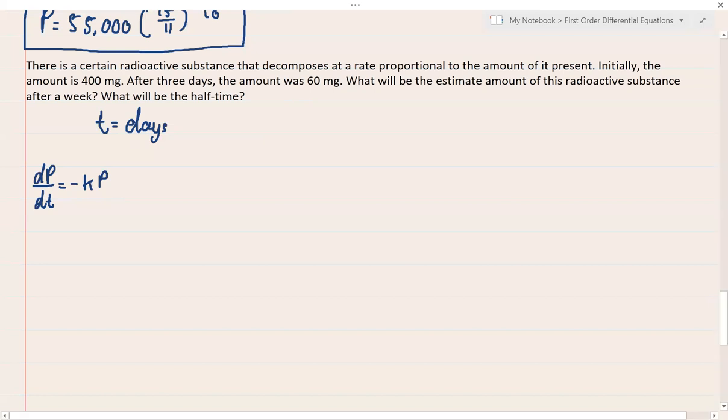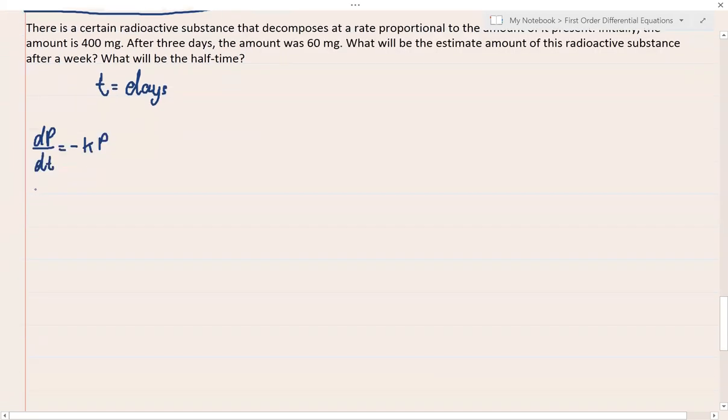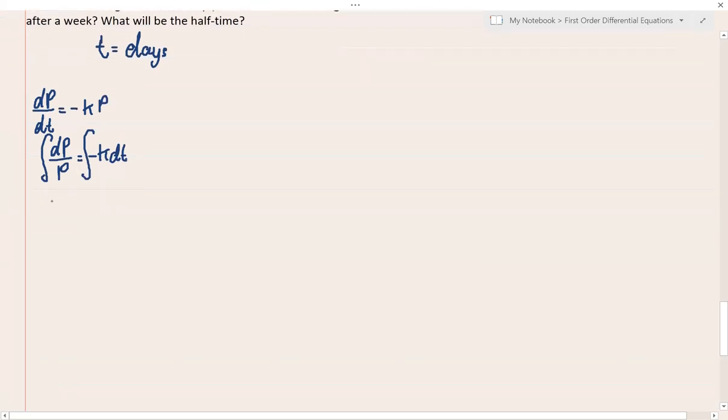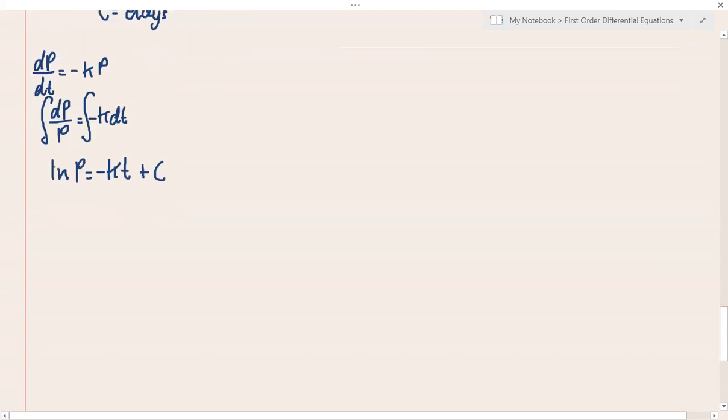So, as always, let's get the general solution. Alright? So, kunin natin general solution. The same lang sa ginawa natin sa part 1. So, let's summarize. Anong ginawa ko? I switch the positions of dt and P. So, we will have dP all over P is equal to negative k times dt. The next, I will now integrate both sides. So, pagka-integrate ko both sides, meron na akong ln of P is equal to negative kt plus C. Ayan. So, in here, since meron kasi akong ln of P sa kaliwa, ang gagawin ko sa both sides ay gawin ko silang